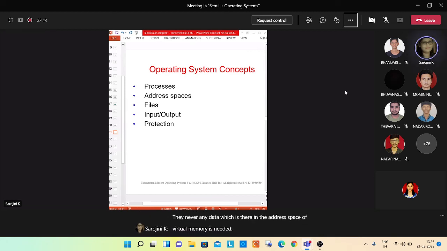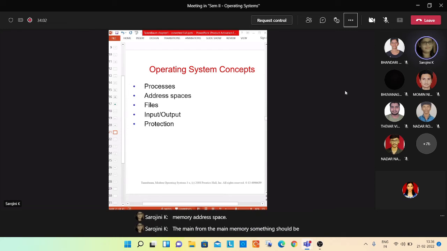Whenever any data which is there in the address space of virtual memory is needed, that process's main memory address space is already filled, no? So newly anything it has to bring from the virtual memory address space to main memory address space, something should be removed from the main memory.